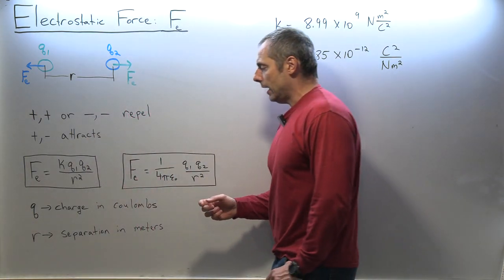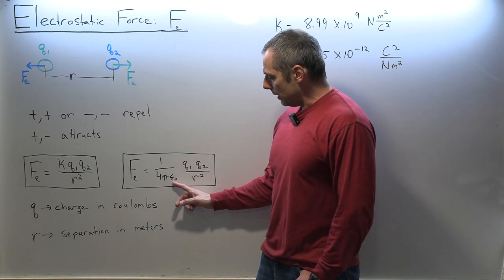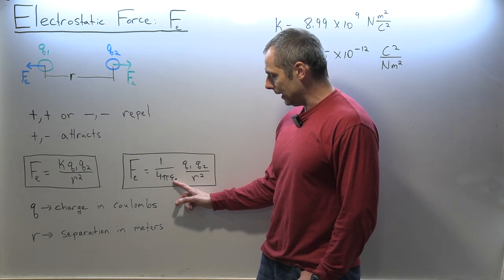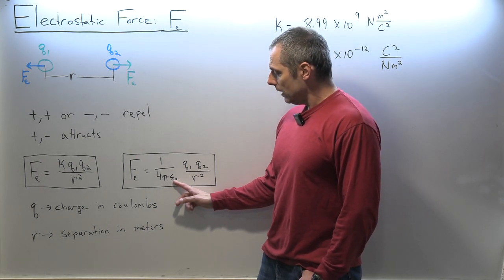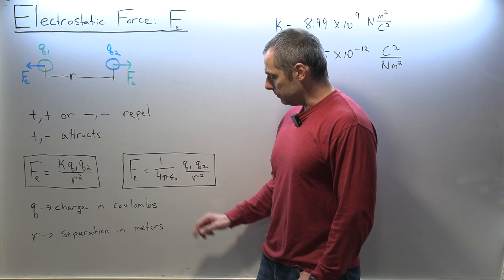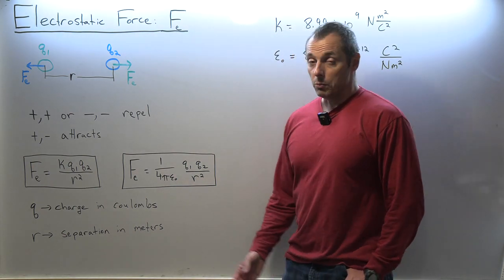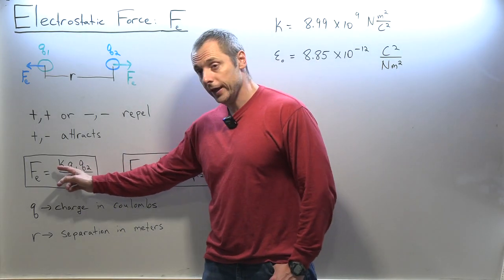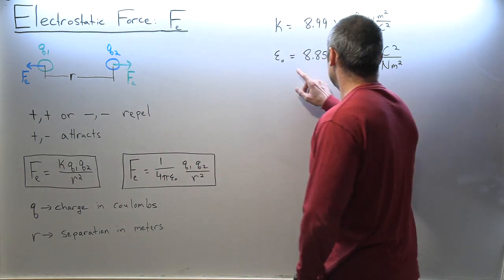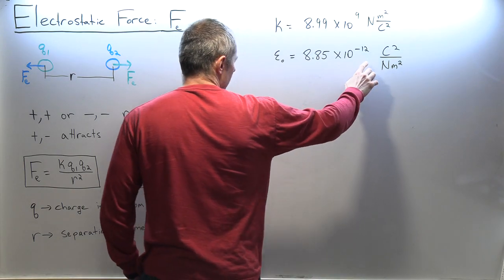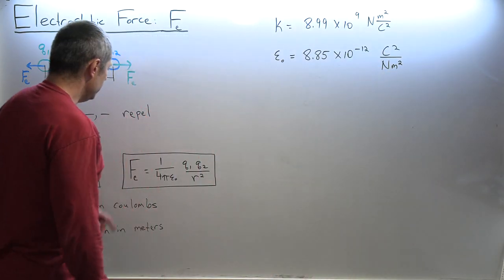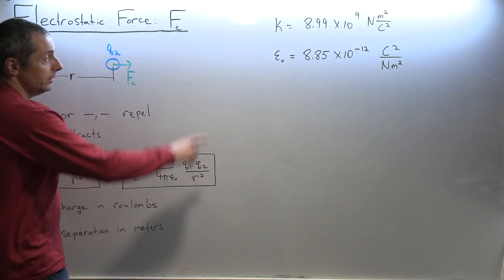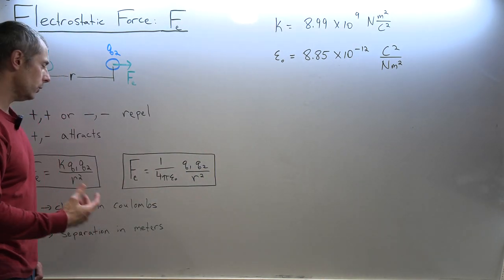I also want to point out that there's actually a more fundamental constant called epsilon 0. This is a Greek letter, like a backwards 3, epsilon with a subscript 0. It comes up more in later topics. This is used more than k. And epsilon 0 is given by 8.85 times 10 to the minus 12, and there are the units. If you do 1 divided by parentheses 4 pi and that number, you would get about 9 times 10 to the 9th. So they're equivalent.